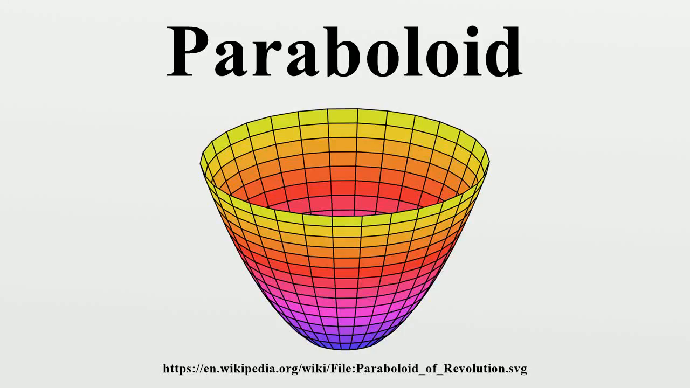In mathematics, a paraboloid is a quadric surface of special kind. There are two kinds of paraboloids, elliptic and hyperbolic. The elliptic paraboloid is shaped like an oval cup and can have a maximum or minimum point in a suitable